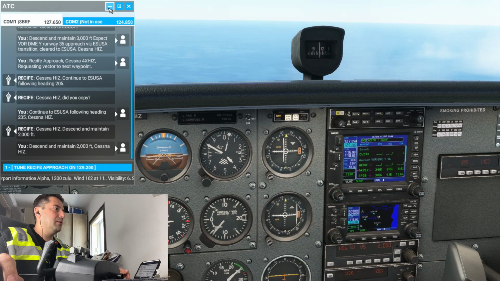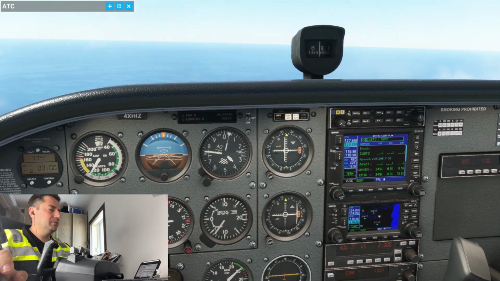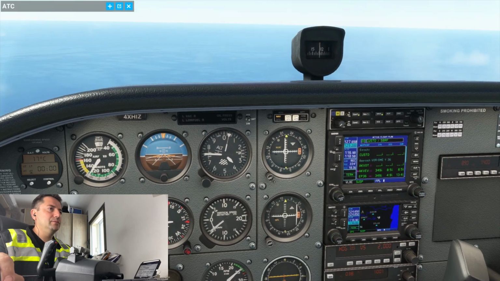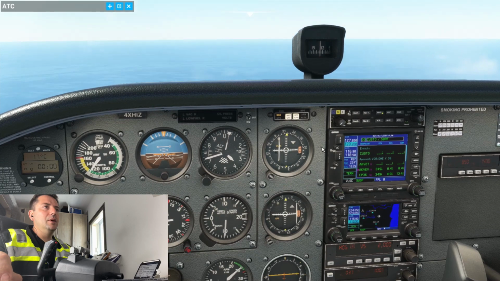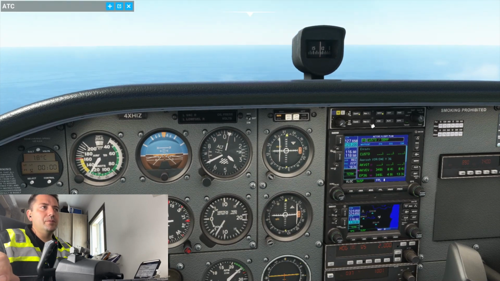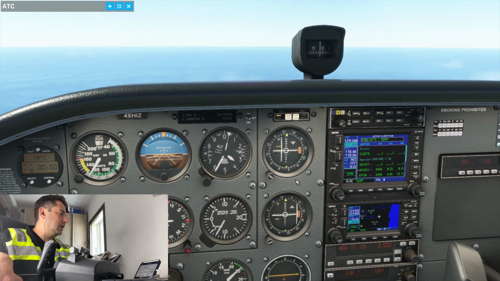Recife Airport information, Alpha 1200 Zulu. Wind 162 at 11. Visibility 6. Sky condition 1,900 feet. Scattered few clouds at 5,000 feet. Few clouds at 14,300 feet. Temperature 27. Okay, so we have 162, and we're gonna land on